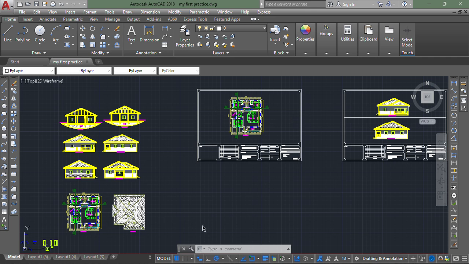Okay, and now we'll just be taking a quick review of what we've done so far on AutoCAD 2018. Now, the first thing we learned was how to set our interface, right? Our AutoCAD interface, the tools we'll be needing, and how to use the tools. And AutoCAD is very versatile. There are still a lot of functions